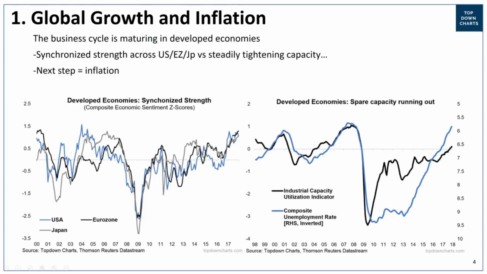And talking about synchronized strength, if you look at the developed economies in particular, we're seeing indeed synchronized strength across the USA, Eurozone, and Japan. The indicators in the chart on the left are a composite of the manufacturing PMI, the other PMI, consumer confidence, basically all the different economic confidence and surveys for that country. So it's a sort of composite economic sentiment score, and you can see there was a universal synchronized upturn that began in 2017,